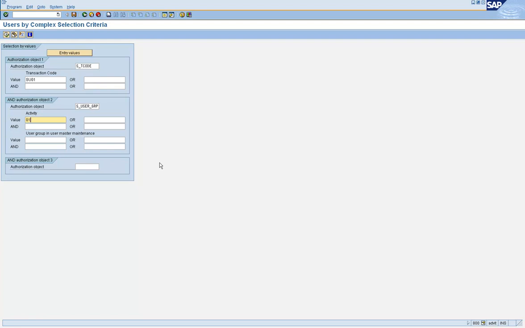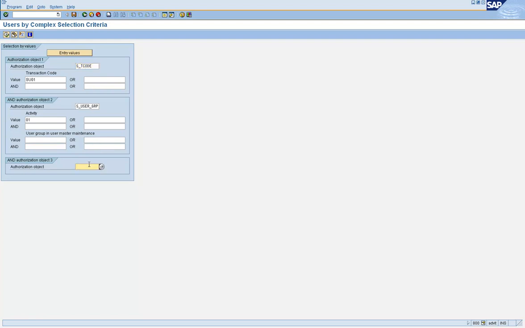We are just saying options for creating user IDs, meaning that they can go to SU01, click on the create icon, enter the last name, first name, and other information, not assigning roles and profiles. Just create the user ID, enter the last name, first name and hit the save icon. For that much activity you need this object with this value. So this combination of object values completes the third condition, that of who can create user IDs.